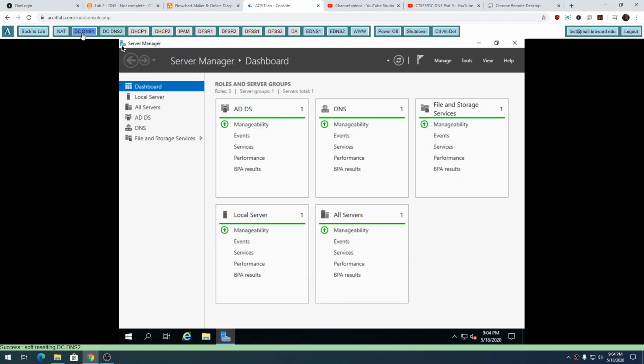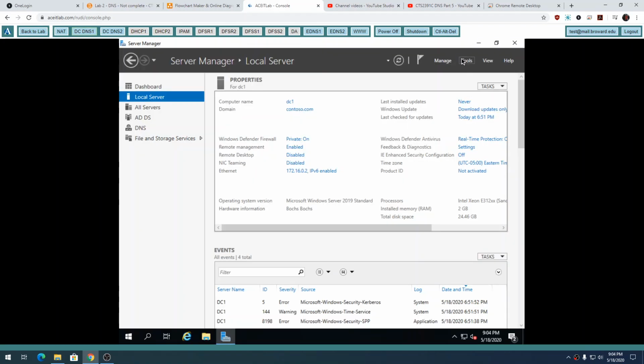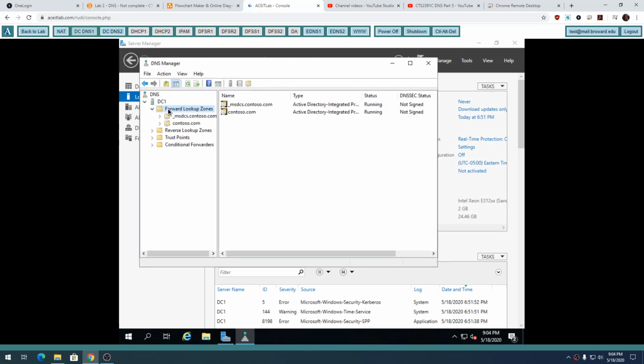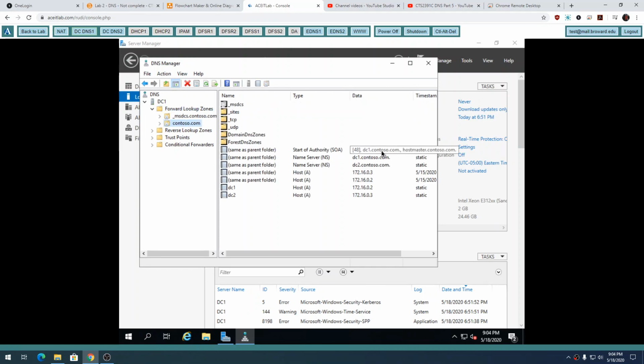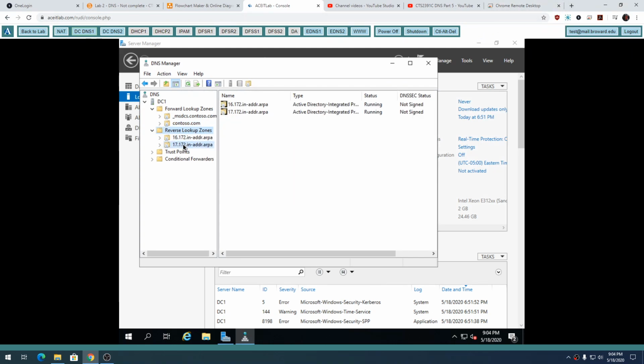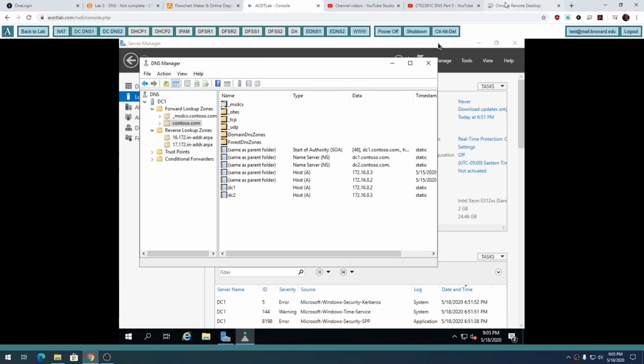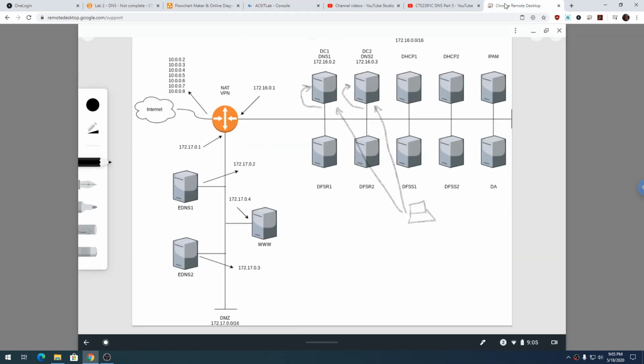Now let's look at the DNS server. The DNS server is the start of authority for Contoso.com. It's also the start of authority for the 172 address, 172.17 and the 172.16. It's the start of authority for those namespaces. So if any DNS client sends in a name for www.contoso.com,